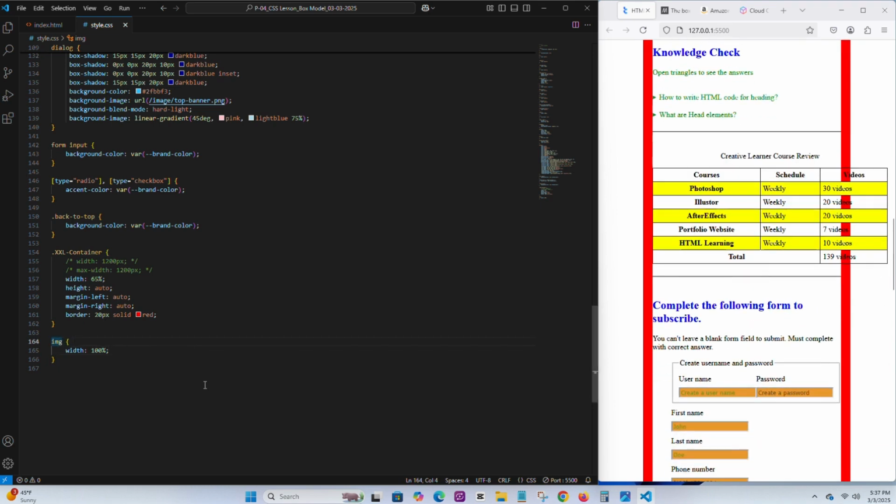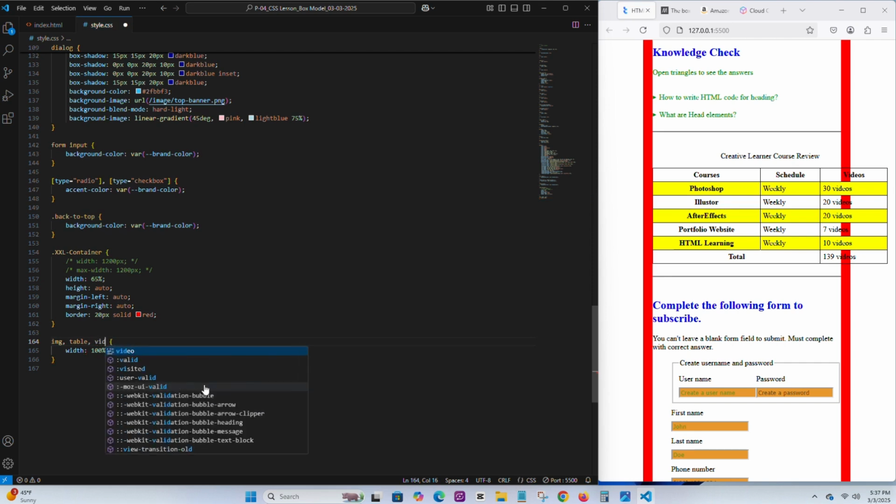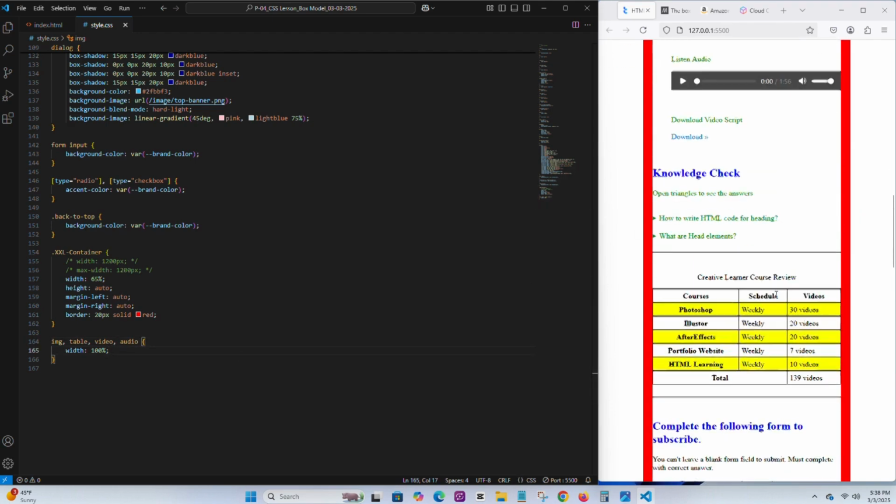Now what I'm going to do is what we have learned already. I'm going to put everything, like table, comma, it's a group, guys. The selector, we have learned already. So also video, comma, and audio. Everything in one selector, if I save it, bang, now you're going to see